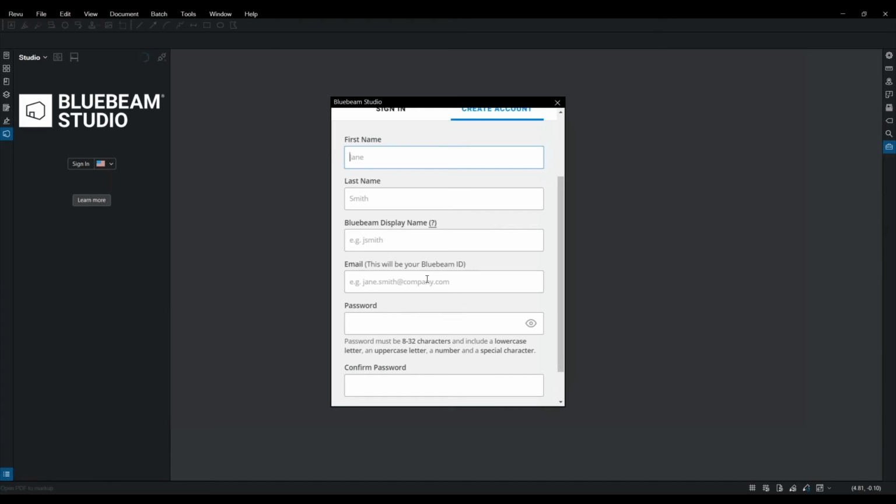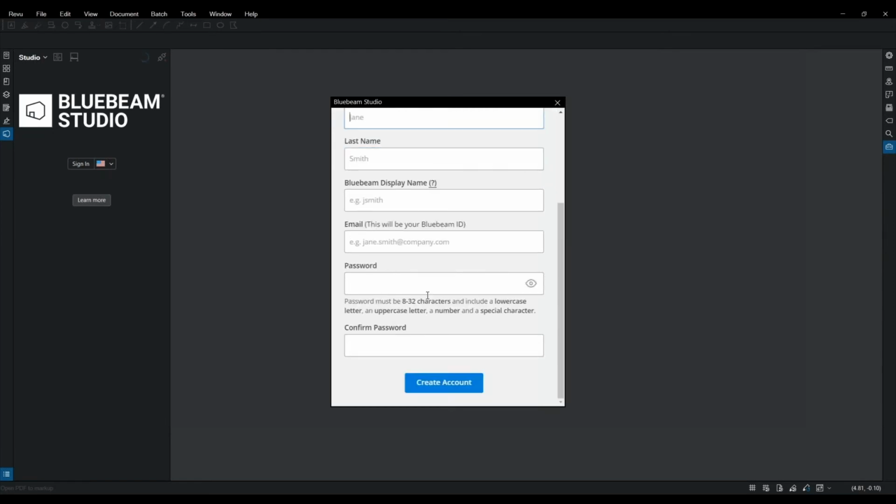Next, you're going to use your email. This should be your company email address. This is also what we refer to as your Bluebeam ID. It's pretty interchangeable, your email and your Bluebeam ID, when you see those options. It's the same thing. This is how we're going to be able to alert you. So if you're not currently active in Studio at that time and somebody alerts you to something, we're going to be able to send you an email. So you're going to want to make sure it's something you're actually paying attention to, not just that junk Gmail that things go to. Make sure you're using your company email as you go through.